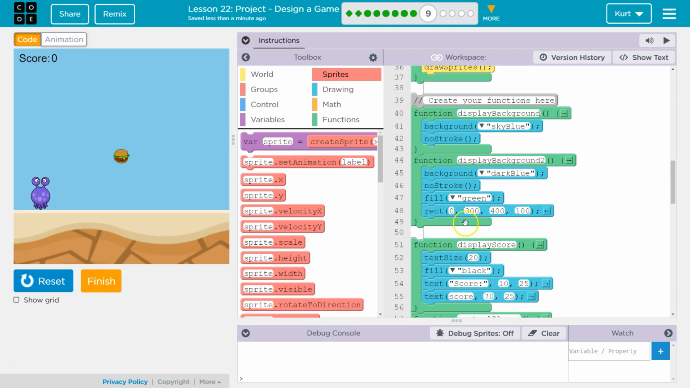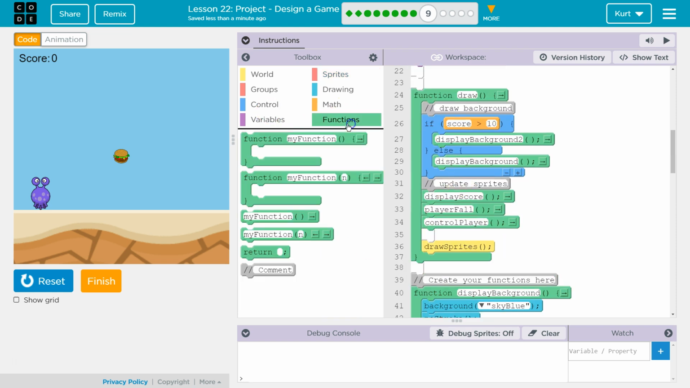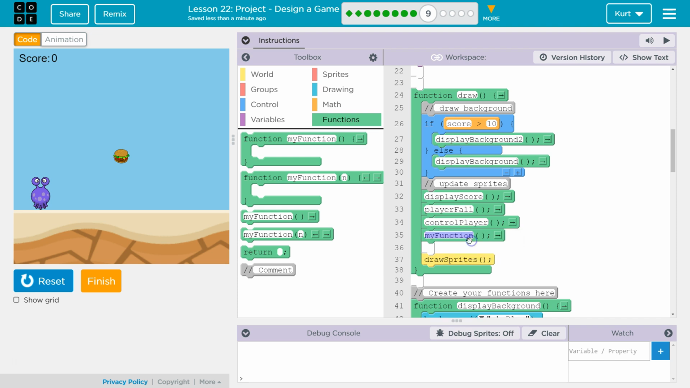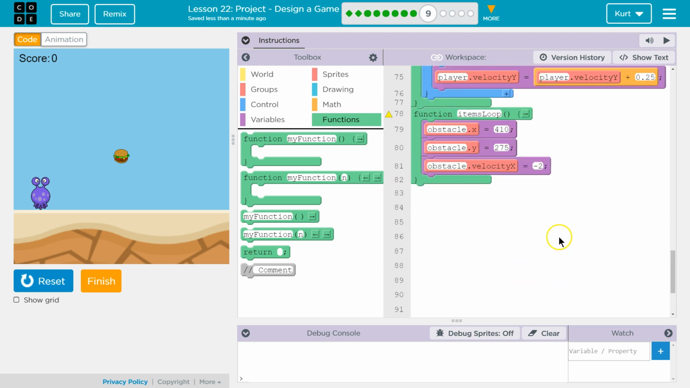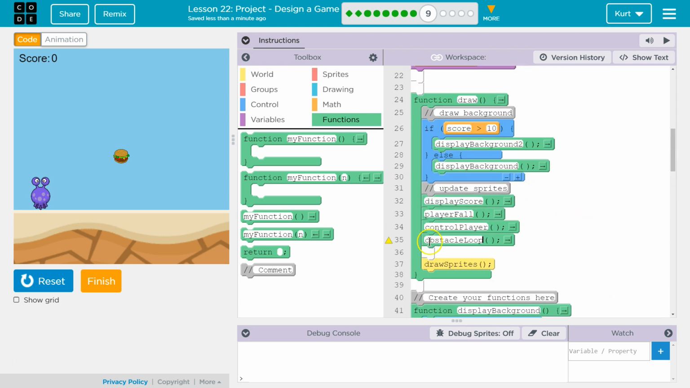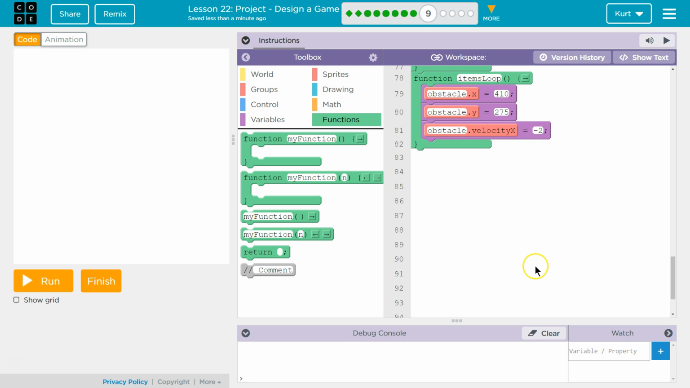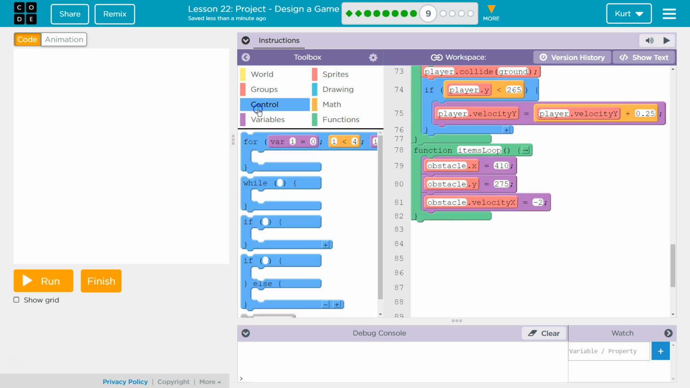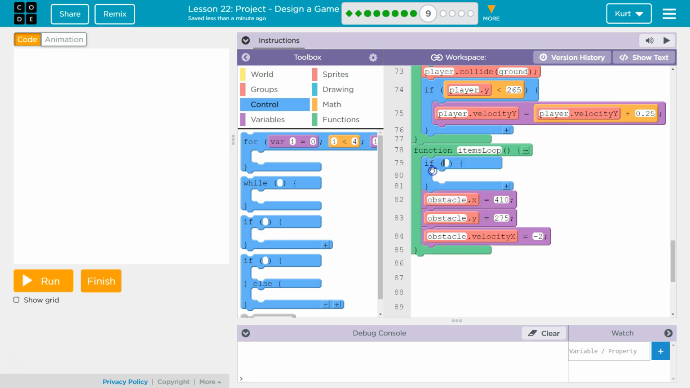Oh, and that's what, I don't think we need to set the velocity. We might. I need to call the function in the draw loop. Items loop. Whoops. Okay, so items loop, not loops. And I forgot to put a conditional, which is why our fence is no longer moving. So we want to only do that if